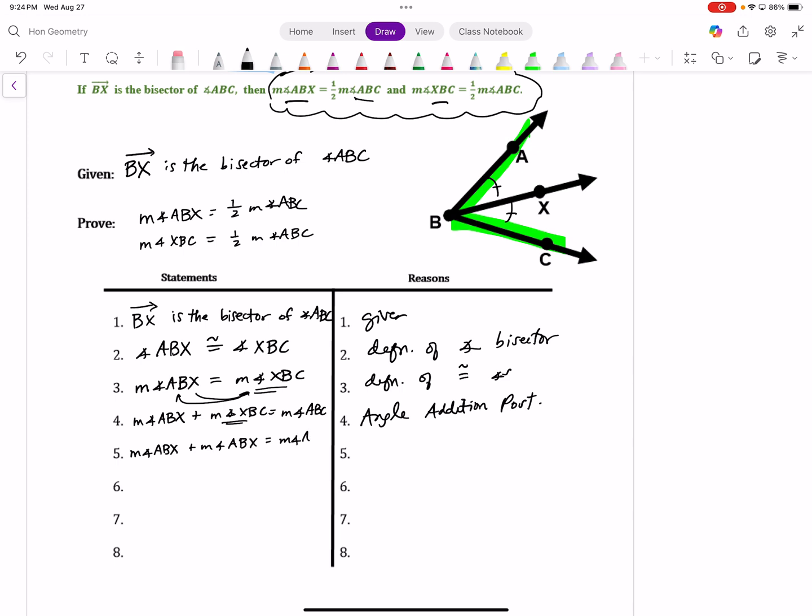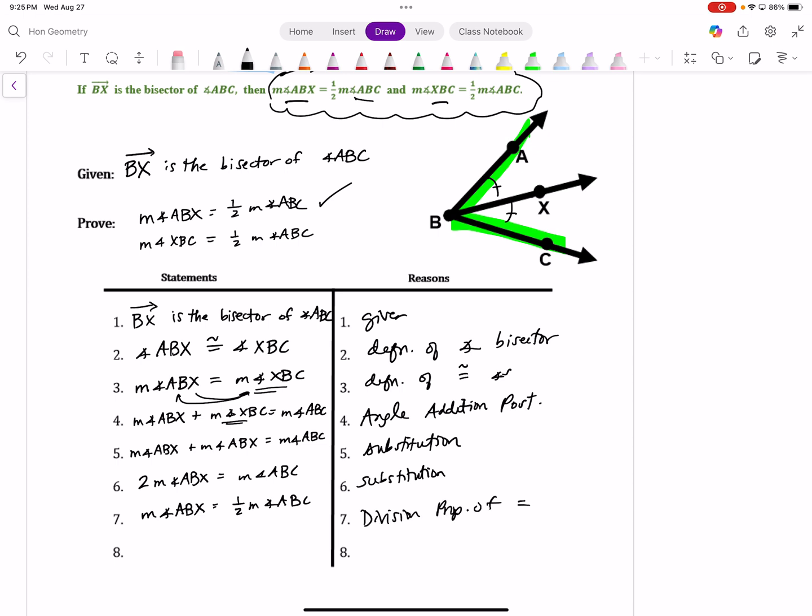And that'll still equal this because I just did a substitution. This will give me 2 of the measures of angle ABX equals the measure of angle ABC, which is also a substitution. It's just an algebraic substitution because you know that those 2 measures make 2 of them. And then I can divide both sides by 2 and get a half over here. So there that one is. So that's just the division property